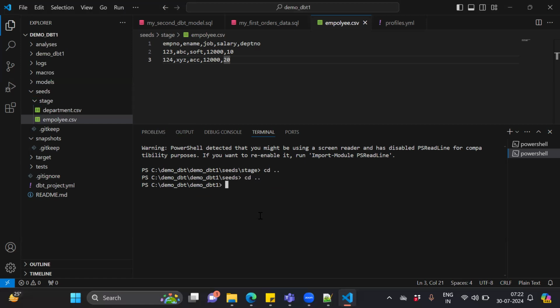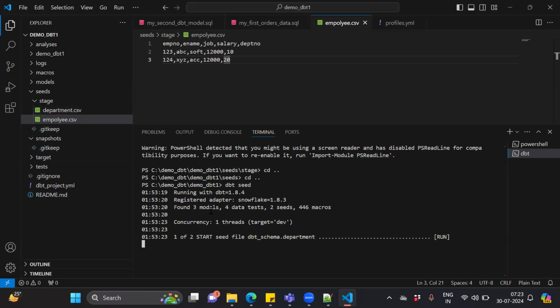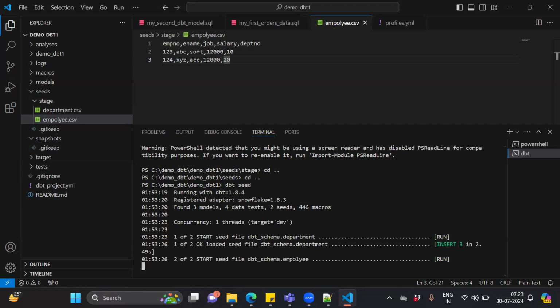Okay, so now I created a department CSV. Now let's observe. I'm just executing DBT seed. I'm not selecting any specific file or specific job. I'm just running DBT seed and seeing whether it will run both or only the newly added file. That we will check. Running first, found 3 models, 4 data sets, 2 seeds. Okay, and under that department was